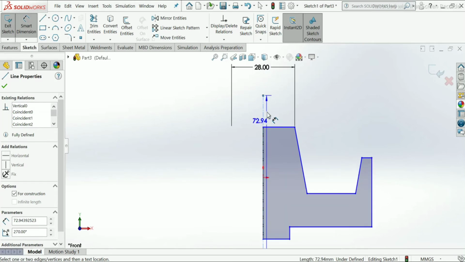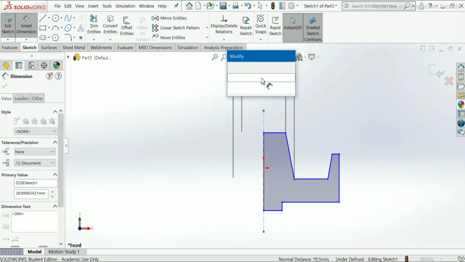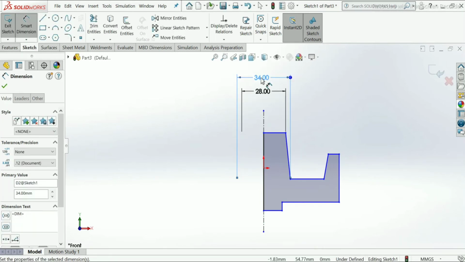Take smart dimension again from center line to this point, make 34 mm diameter.